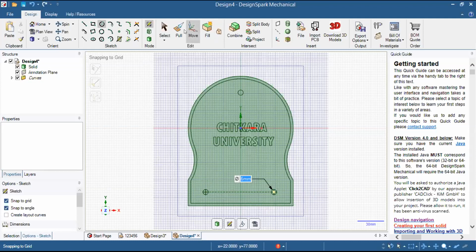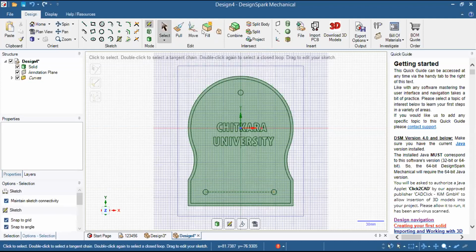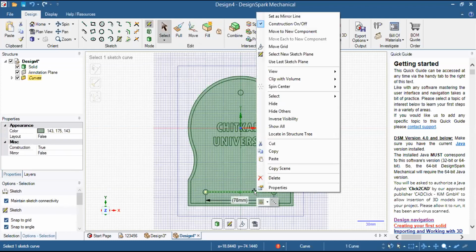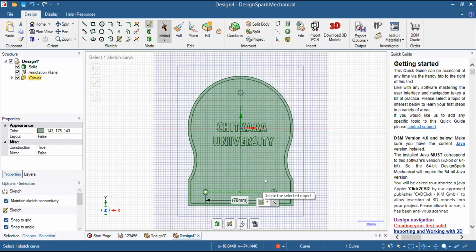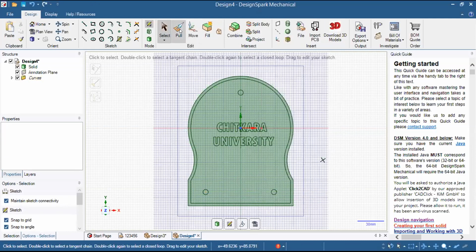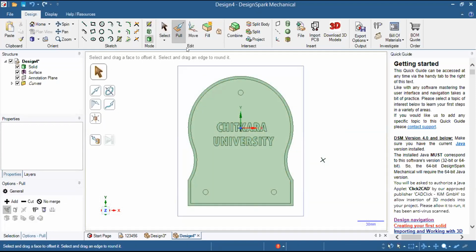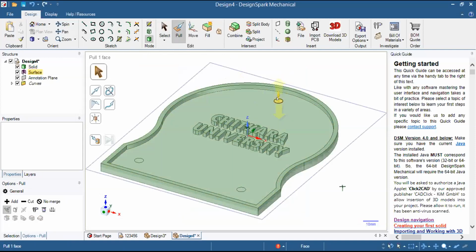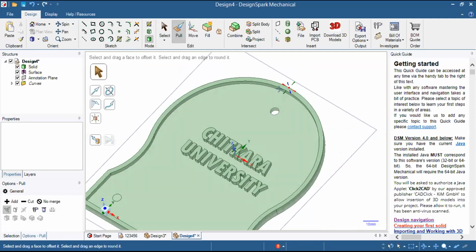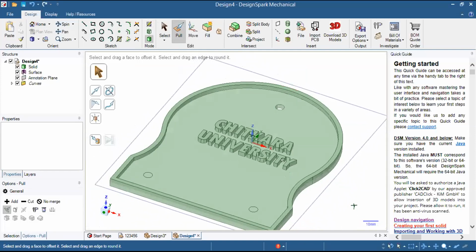Now we have created 3 circles like this to hold the plate. Now you can either remove the construction line or it doesn't make any difference. We can still remove it and we can go to pull, to pocket the holes of the circles which we have created. So now I will be selecting this circle and extruding it down. You can see the hole has been created. Same is for this one and a similar one for this side.